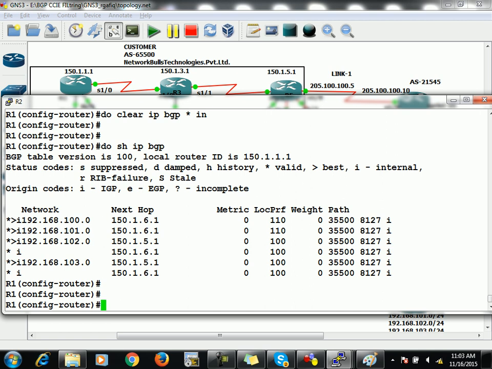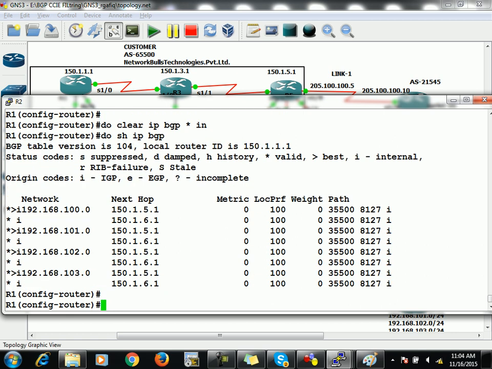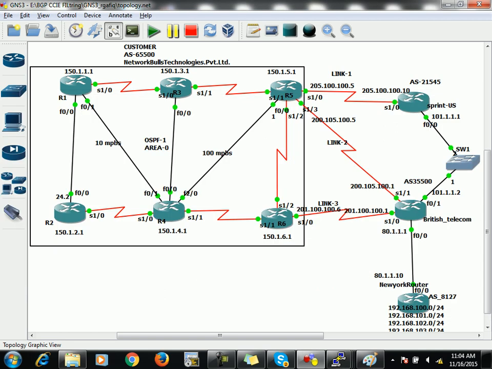Fine, so we have changed local preference in this manner. I'm going to remove it from here now. Do clear IP BGP star in, do show IP BGP. Once again, its best path is via R5 for all the prefixes, right? It is not always required to change local preference on R1 only. We can modify this local preference on R6 as well. And you see, I want that for the first two prefixes,